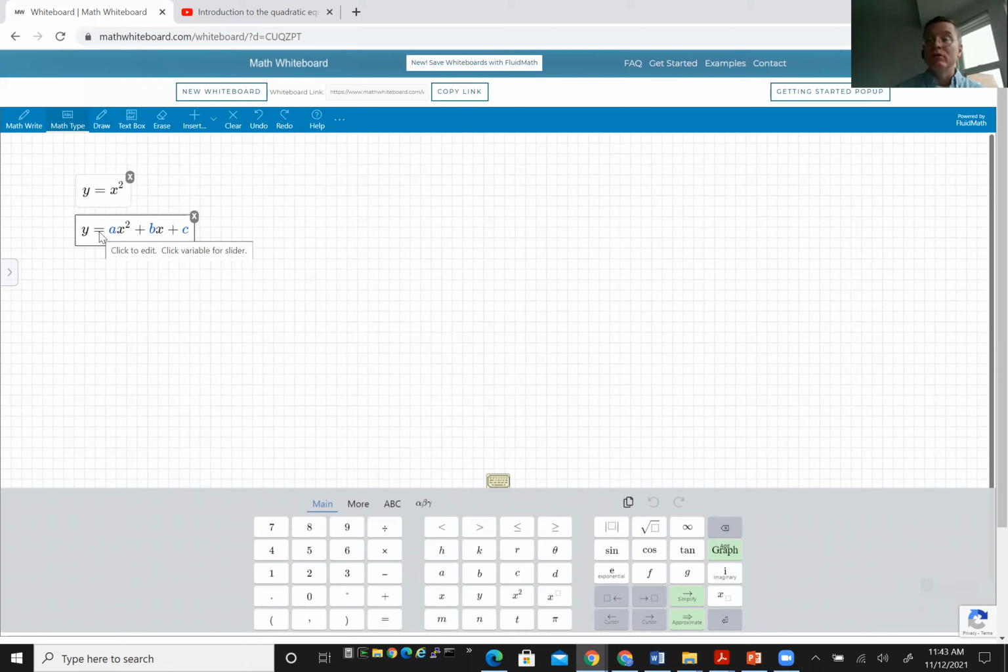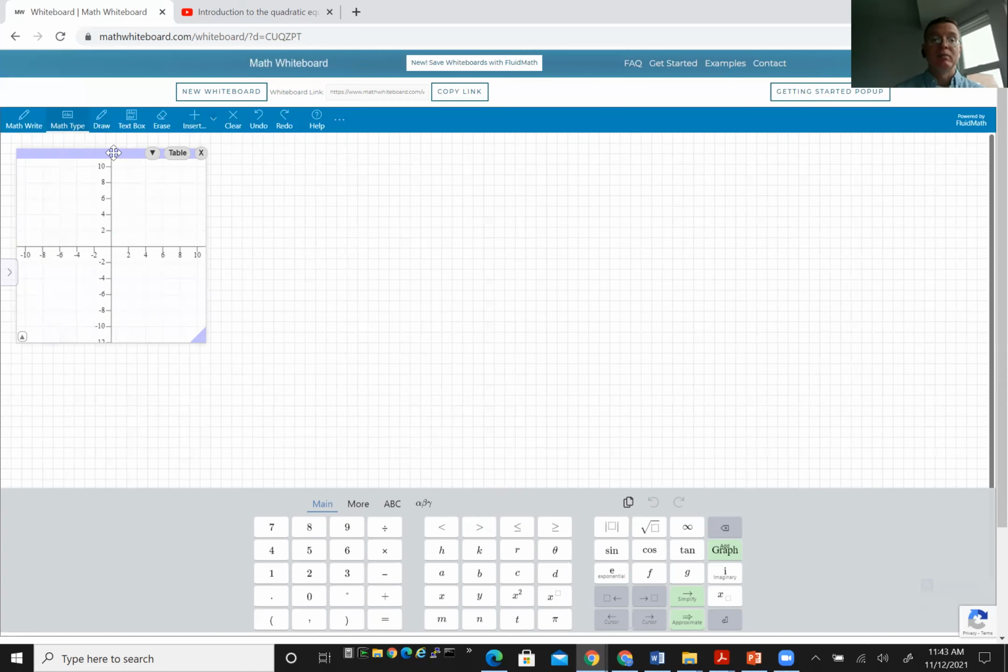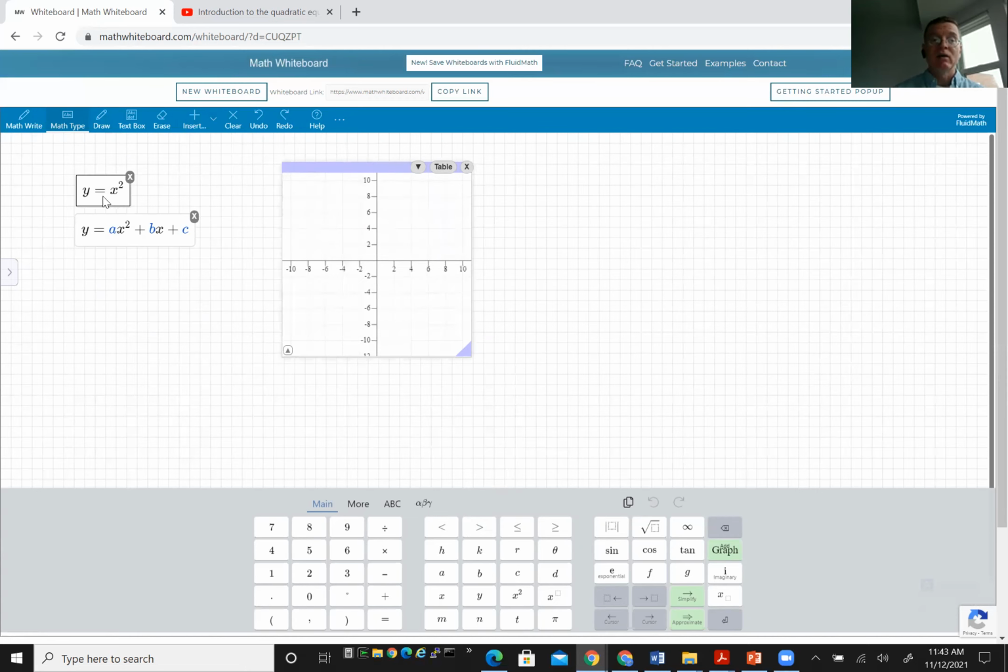Now, for new users, they always think that you can do that cool swooping gesture for typed math expressions. That's not actually the case. Instead, what you'll do is just go to the insert menu, select graph. It puts a blank graph on the page. And now all of a sudden I can drag and drop those math expressions right into the graph area,